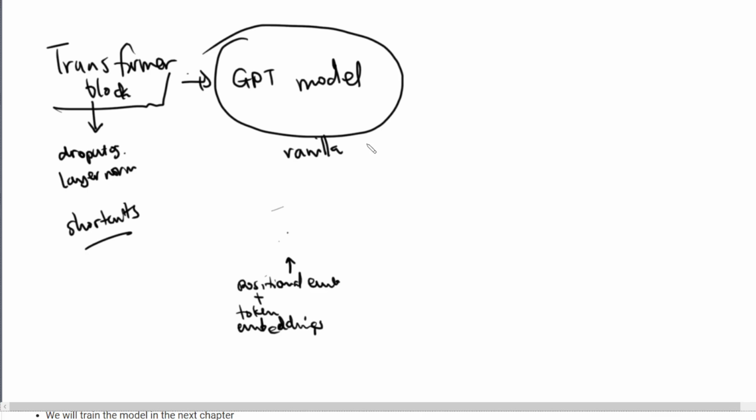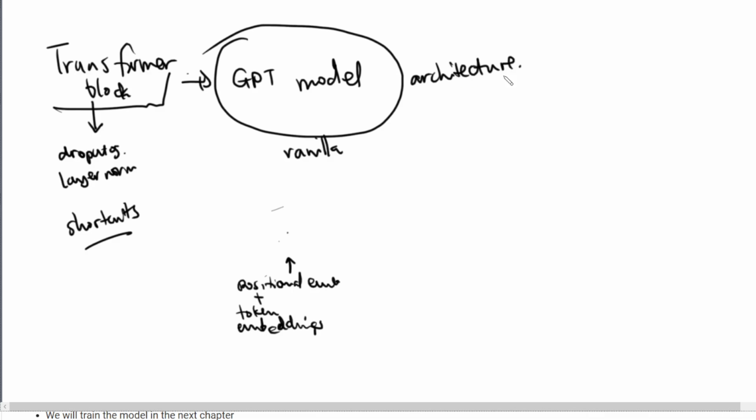In the next chapter, we are now going to train this model. We're going to look at what metrics we will use to really see that this model is training well, and how we are going to prepare our data to be ready to train this model, and all of that. But we've now discussed the architecture of a